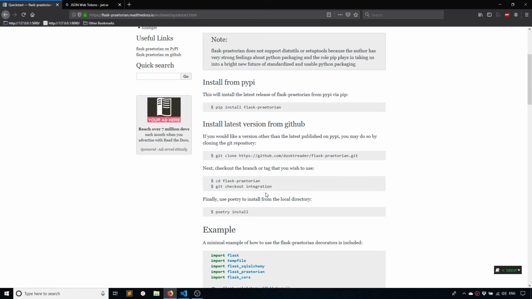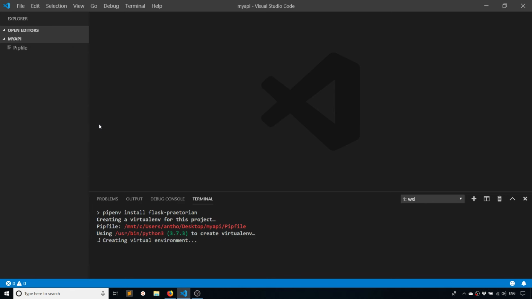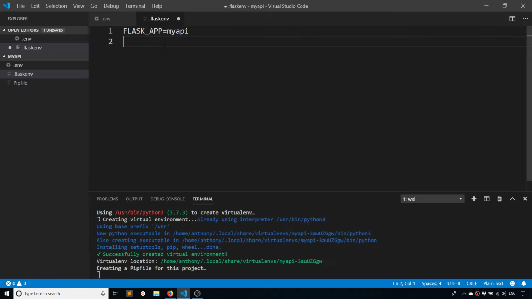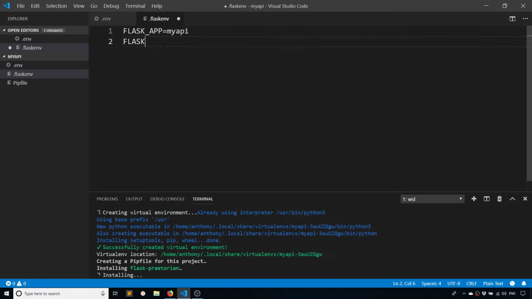And then once that's done, you know what, let me just set up some of the files here. So I'm going to use .env for this because I really like the pattern. So I'll create the .flaskenv file. So FLASK_APP, it's going to be my API. And then the FLASK_ENV will be